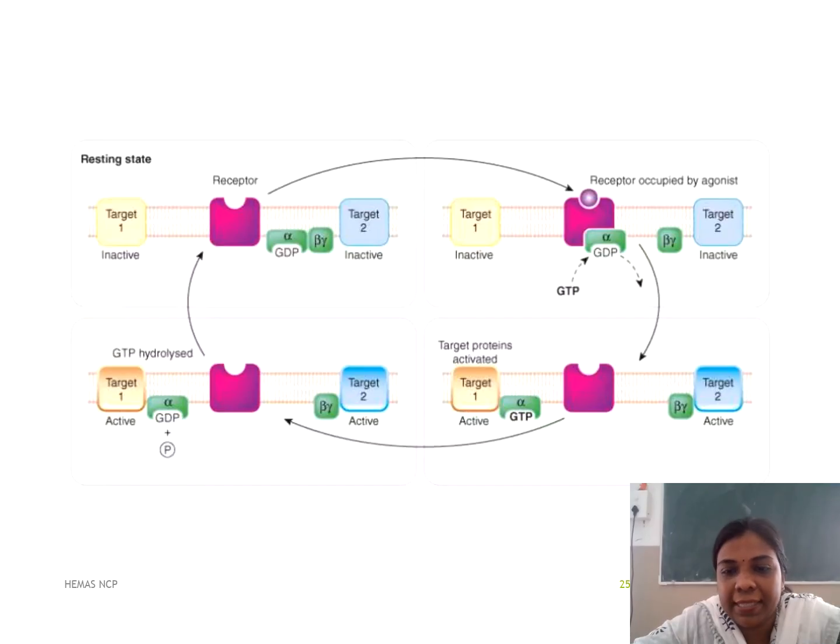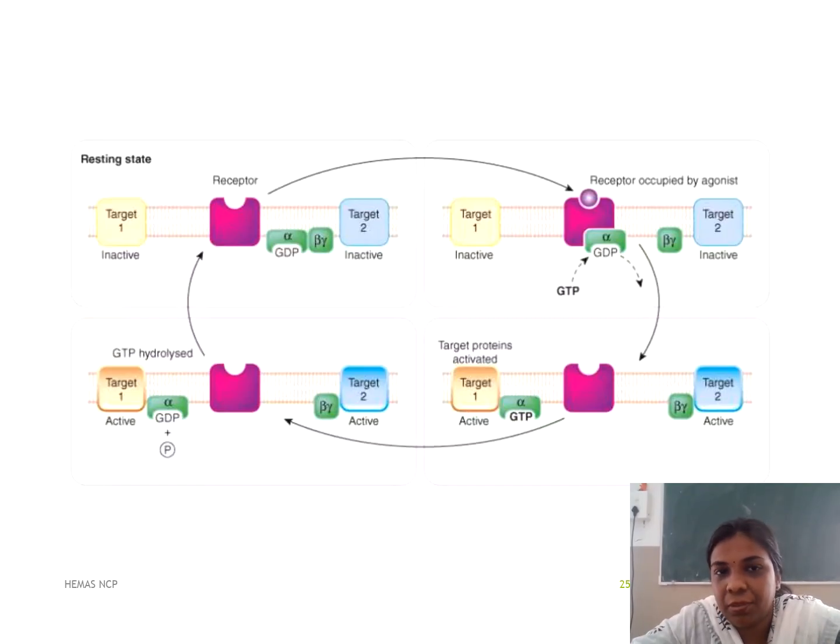The target proteins are inactive, so no signal transmission occurs. Second, the receptor is occupied by the agonist, that is the top right. The receptor changes shape, meaning conformational changes occur, which activates the receptor, and it may then interact with the